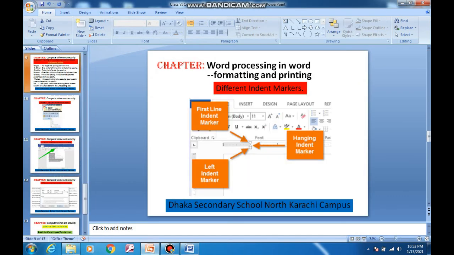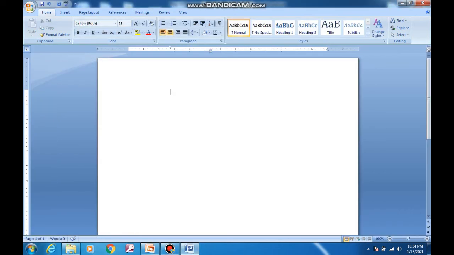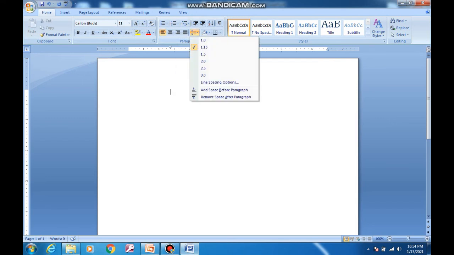And next, line spacing options. This is the line spacing option on the desktop of Microsoft Word.